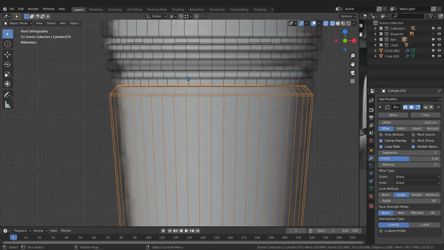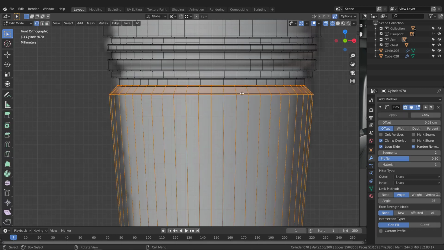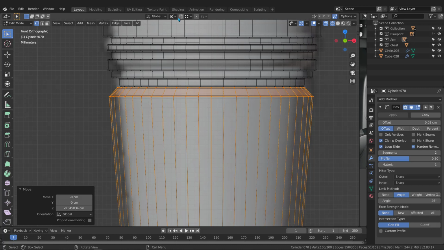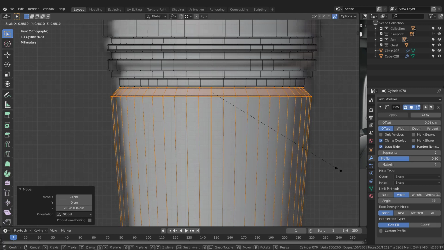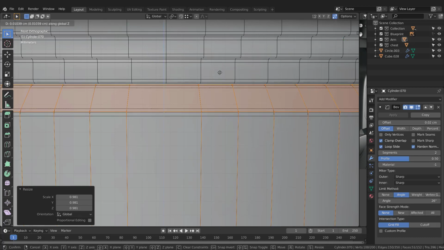Well, now almost everything is correct. Tap to the edit mode again, hit 1, switch to the vertex, grab these, G to the Z, and just take those down a bit and scale them, but bring this back to medium point and scale them a bit, and just like that. And now we got this, G to the Z again, and bring those up,